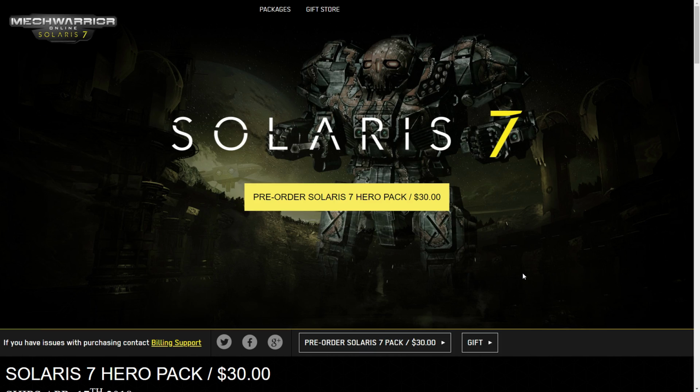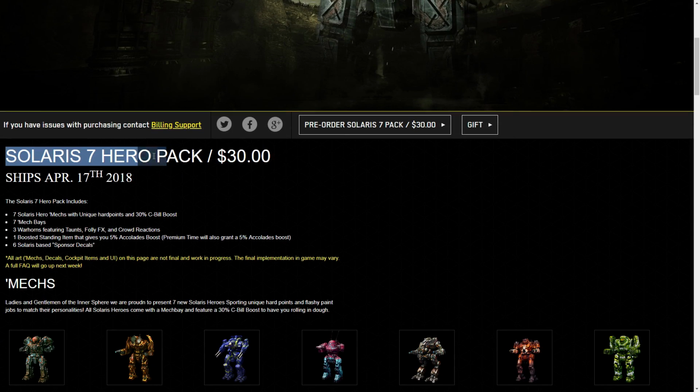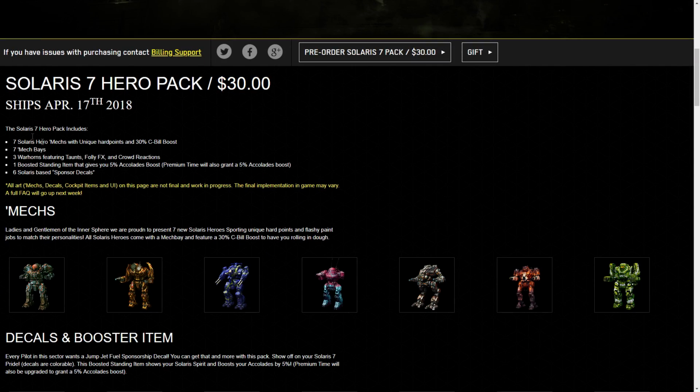Let's go through the entire thing. This is a Solaris 7 Hero Pack. It is $30 and it ships on April 17th, 2018, which is the release date of Solaris 7 being added to the game, which they have mentioned in the most recent roadmap, which went up the same night as this